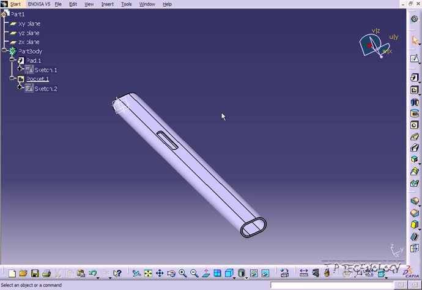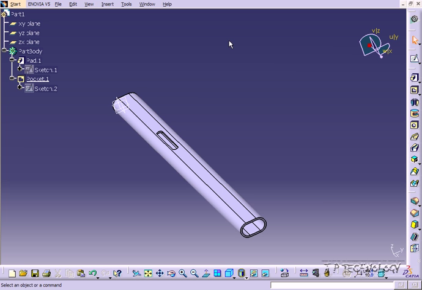Now the only drawback compared with the translate feature is that when you use the translate feature, you would get a feature on the side that said where you translate it and how far. With the compass, it doesn't give you any of that, so you can't really go back and retrace your steps. So you have to know where you want to put your component, and then use the compass and